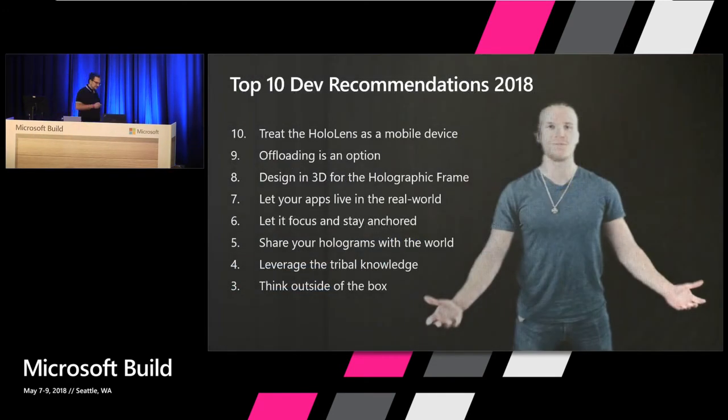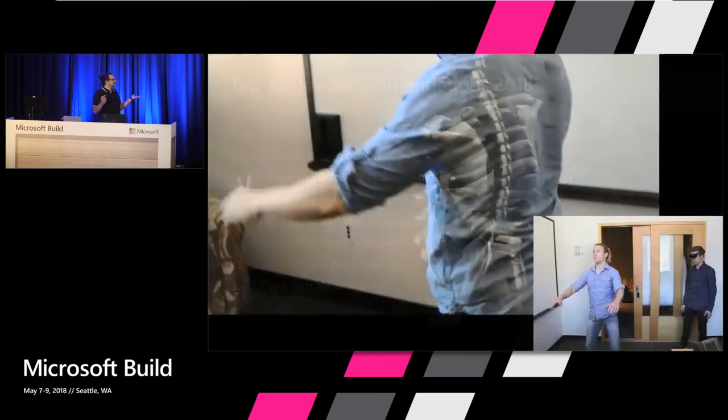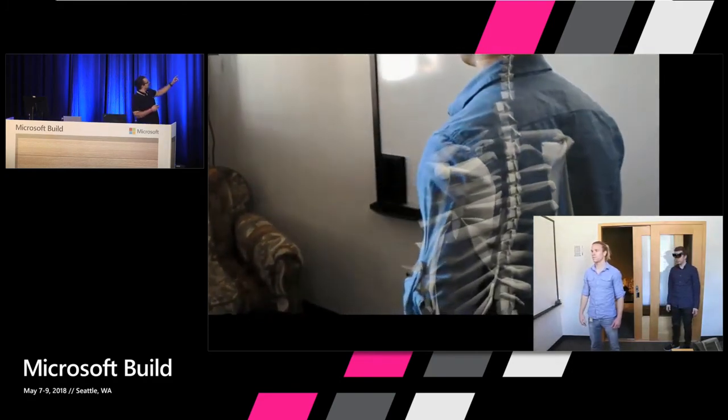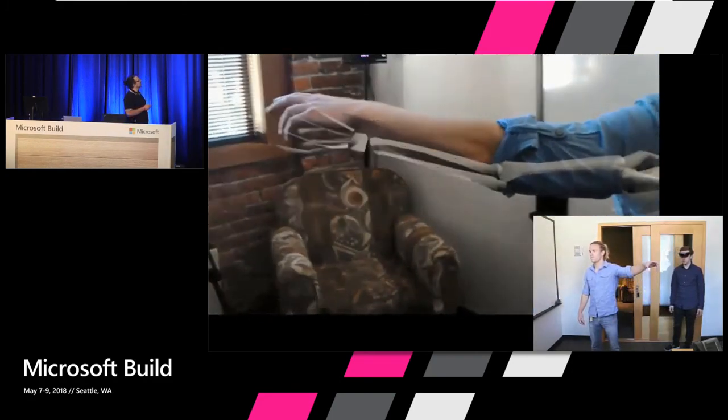Think outside of the box. So I've shown you HoloBeam, where we're taking a depth camera, like the Kinect, and can take the data and visualize it in the HoloLens. The HoloLens is already packed with an amazing amount of sensors, but there's even more around us, right? Here's another example where we're using the Kinect. So take a look at the top middle. You might spot the Kinect there.